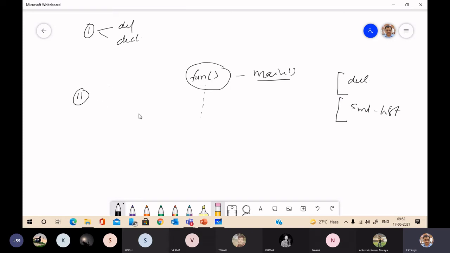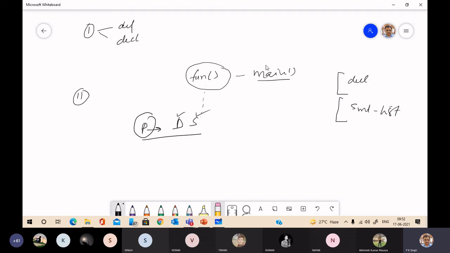So you can define a production like this: P goes to declaration D, statement list S. For parsing the entire program, you have to reduce the entire program to the non-terminal symbol P. Here it has two parts, declaration and statement list.